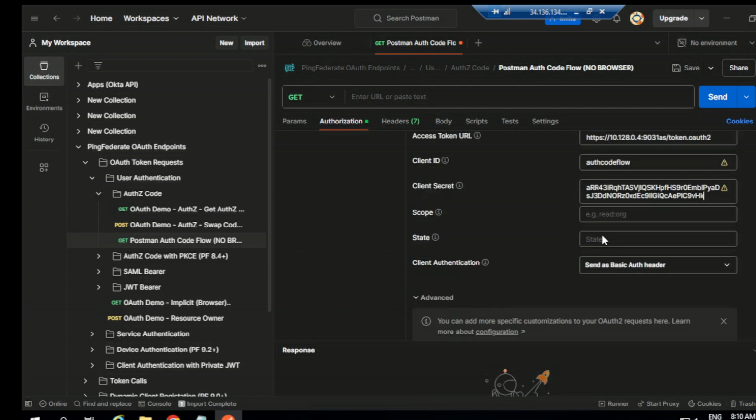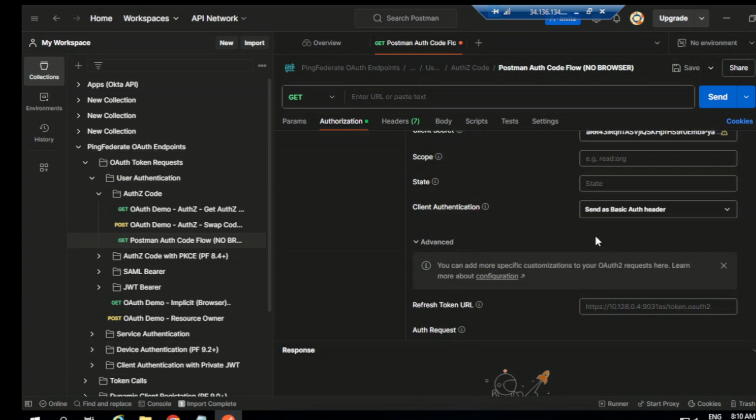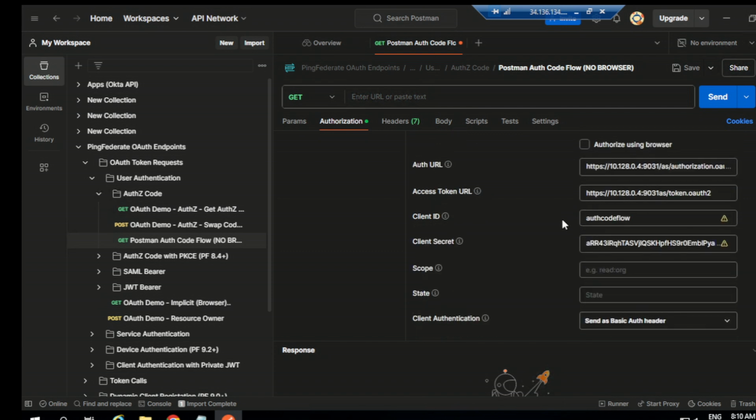Now state, you can pass something or you can leave it. It is not required in our case, or you can pass some random opaque number like 1 2 3 4 5, anything like that. And then for client authentication, send as a basic authentication header, or you can choose client credentials in the body. We can choose send as a basic authentication header. So you need to fill the values like this: client ID, secret, callback address, token endpoint, auth endpoint,